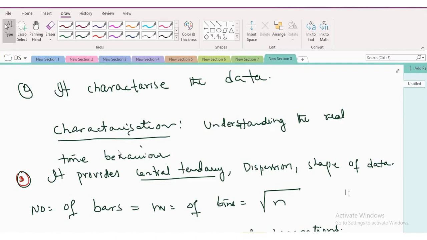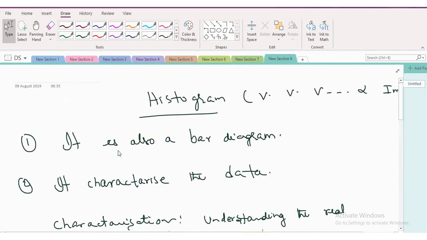We are going to learn very advanced techniques of solving such problems. But are you guys able to digest what I'm saying? I'm learning histogram. It is like a beautiful picture. Don't think like that, like a blue color picture. It is not. Histogram is not meant for that. It has a purpose. You guys are clear? So what I'm trying to say is, histogram is going to characterize the data. It is a bar diagram.